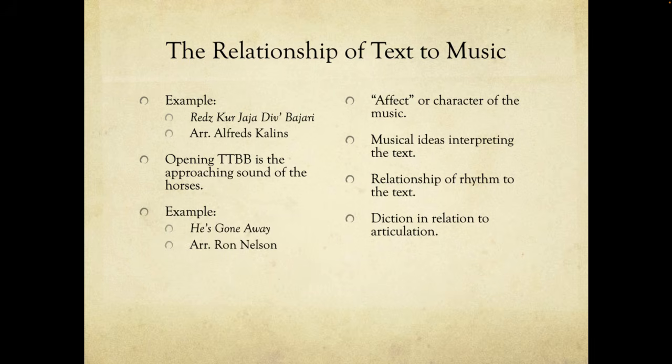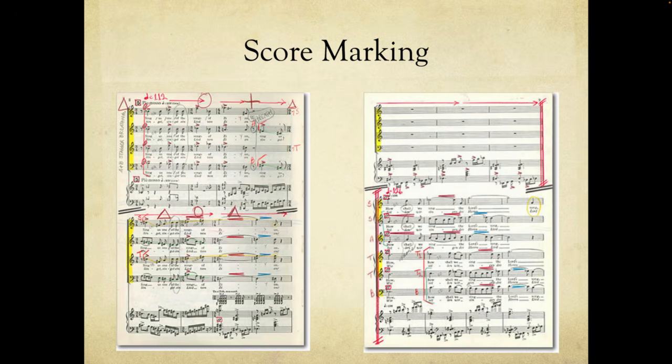Another really great example of relationship of text to music is He's Gone Away, one of the most famous SSA arrangements by Ron Nelson. And the text really comes back a lot, but the repetition each time is a little different. So the first time it might be he's gone away, it could be a love. He's gone away, it could be a father. She's gone away, my mother. It could be a bunch of different people. And this is how, as a conductor teacher, you're going to make these decisions and evaluate them.